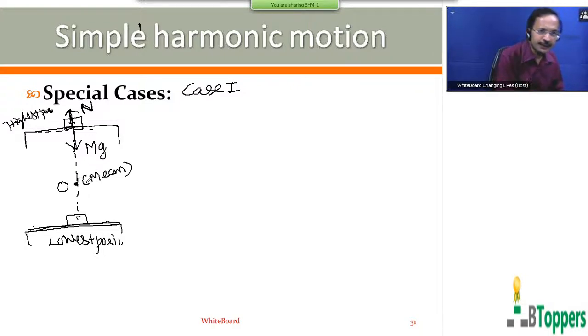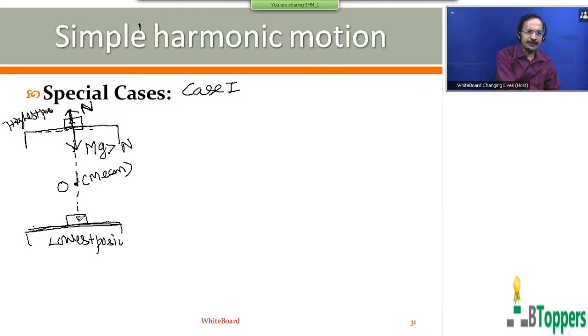As we studied in vectors, when two vectors are in opposite directions, for example, if two forces act on a body in opposite directions, the direction of the resultant force will be in the direction of the force which has greater magnitude. So the resultant force acts towards the mean position. That means the direction of the force mg. If mg is greater than N, or N is less than mg, so magnitude of the normal reaction of the block will be minimum at the highest position.